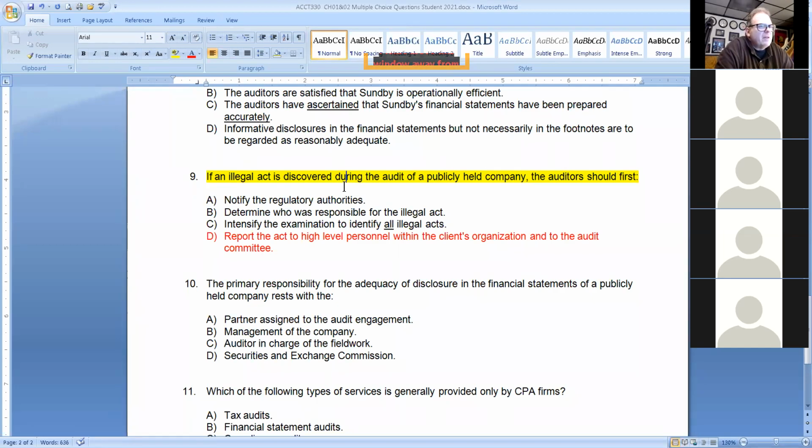and this is for a publicly held company, this is maybe getting a little further than this question really goes into, but if it's a publicly held company and it's material, you generally, if you report it to management, they have 24 hours to act. So management has 24 hours to act on it. And if they don't,